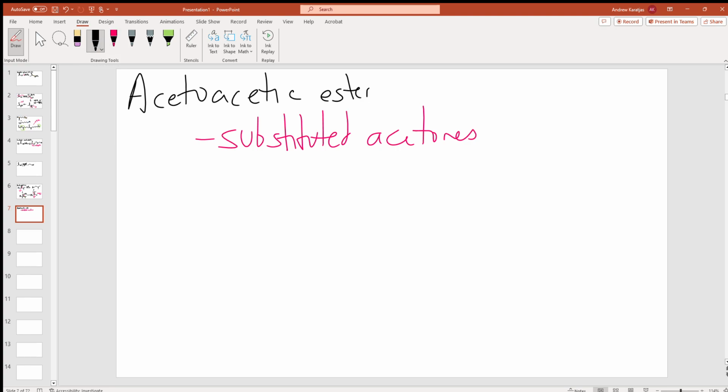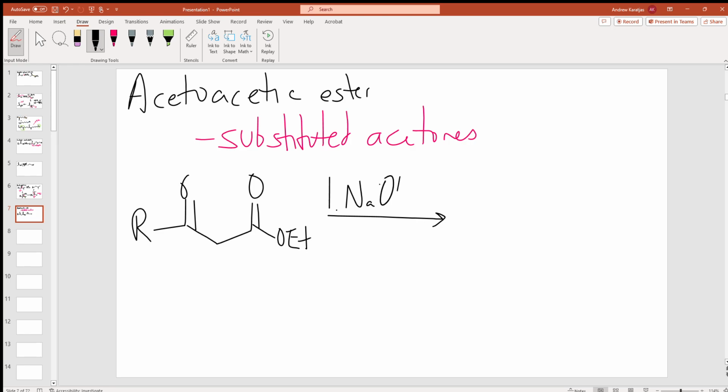What happens here is we start with this dicarbonyl. First step, we treat with base, followed by our electrophile. And then in the second step, base, and then acid with heat. And what we get as a result